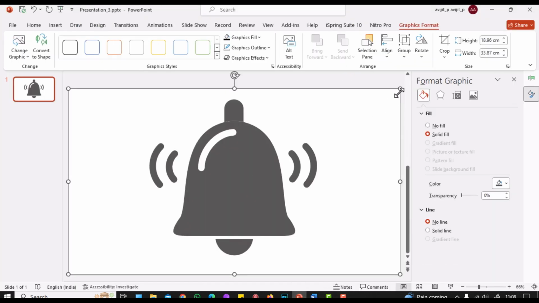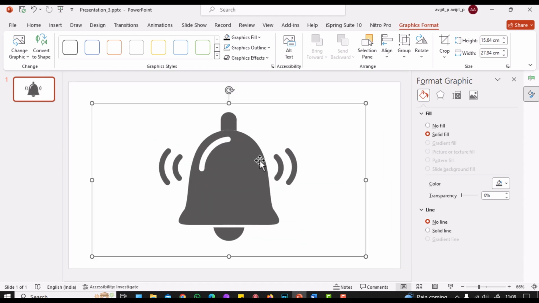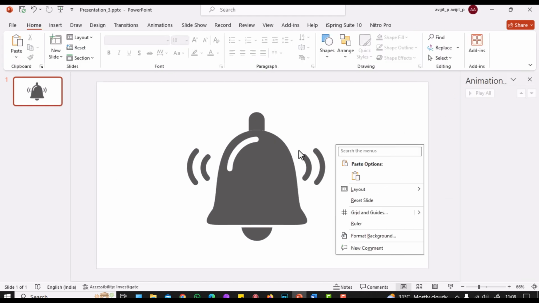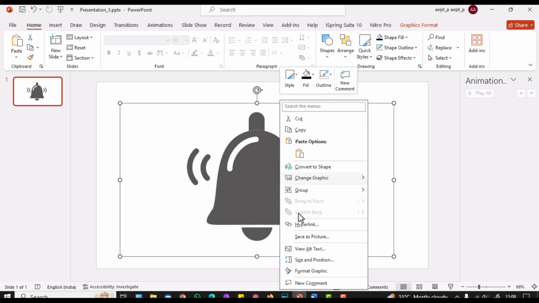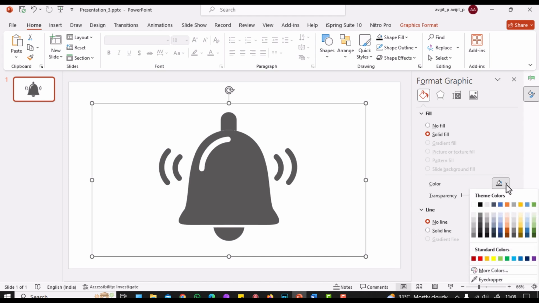Change it to shape format. Change the color of the icon as per requirement. Here I will keep the color of the icon as black.